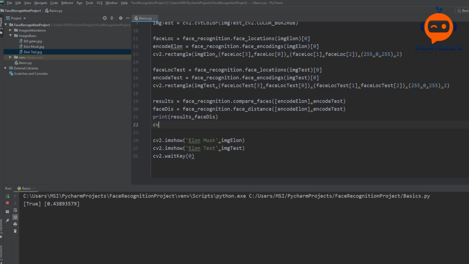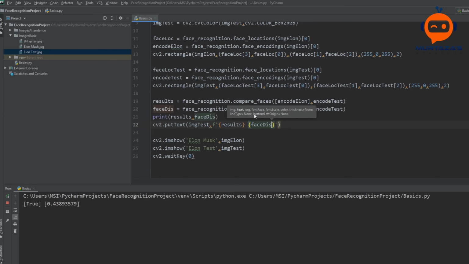So we can write here cv2.putText, and we can put it on the test image. What we want to put is basically our results. So we can write results, and we also want to put in the face distance.